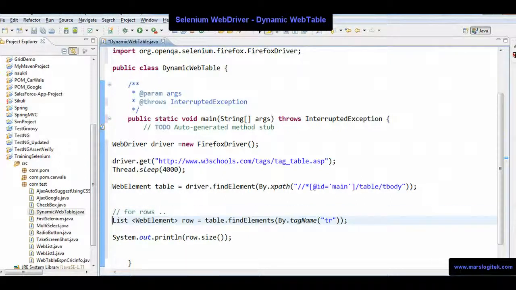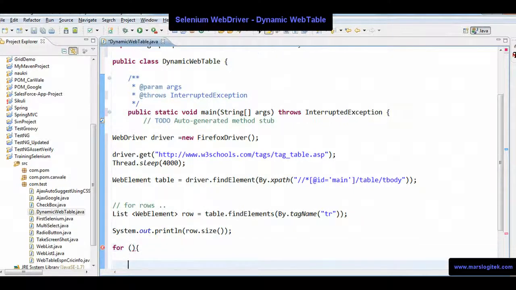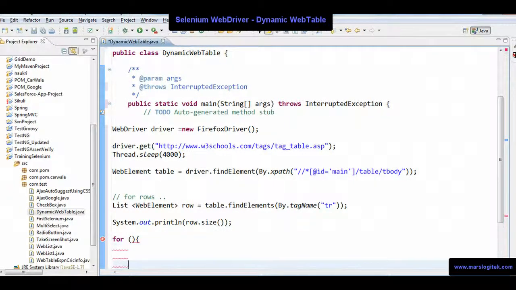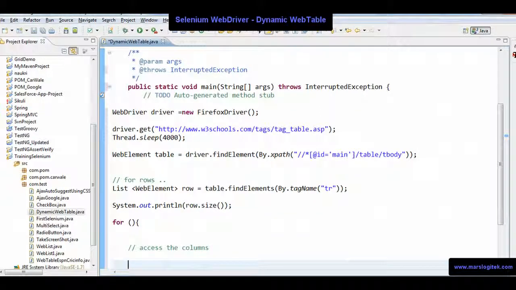Now this is for the rows. And now I want another simple for loop. I'll go inside the for loop now and try to access the columns.